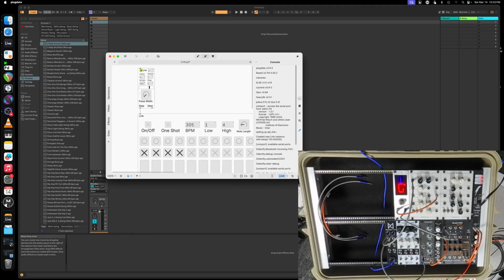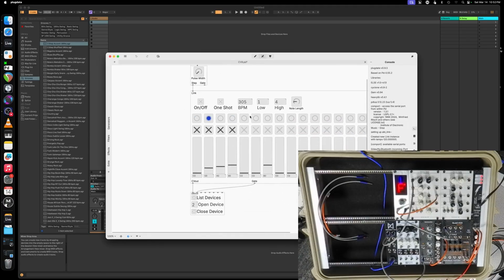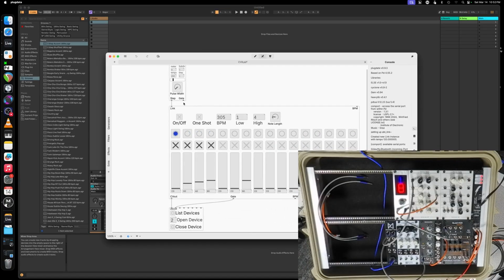So if you're not using the sequencer, but you just want to have this controlling, say, your envelope generator, then I can take this out like that. Now this is completely out of the system. Feed that gate down into here instead of up here. And now as it ticks away,